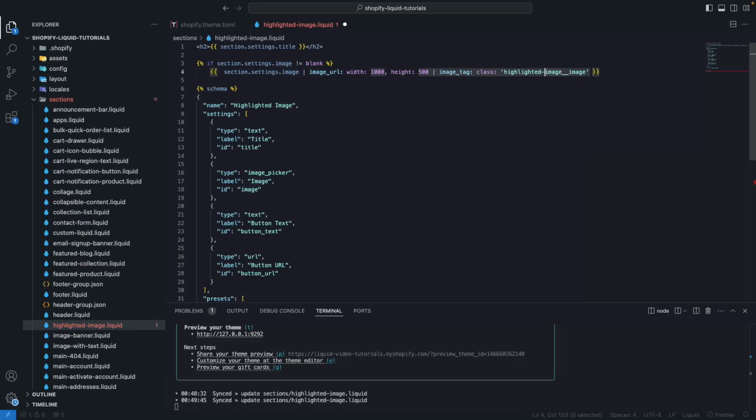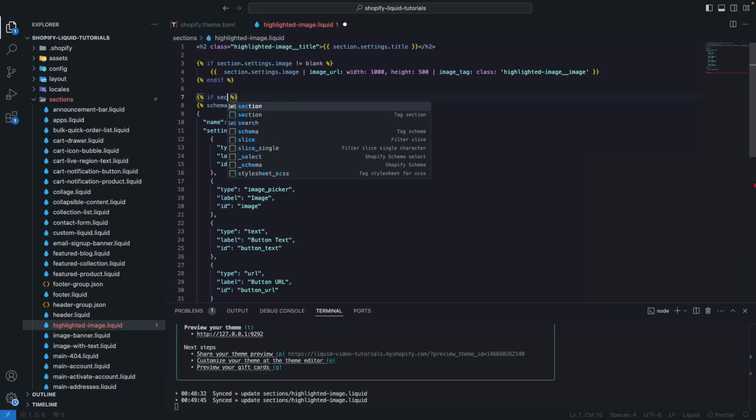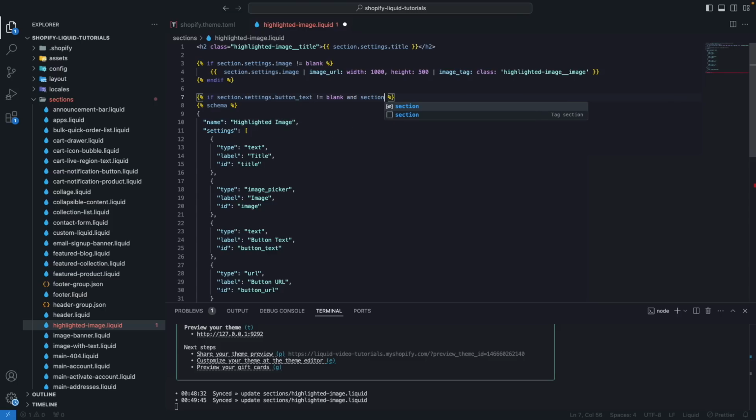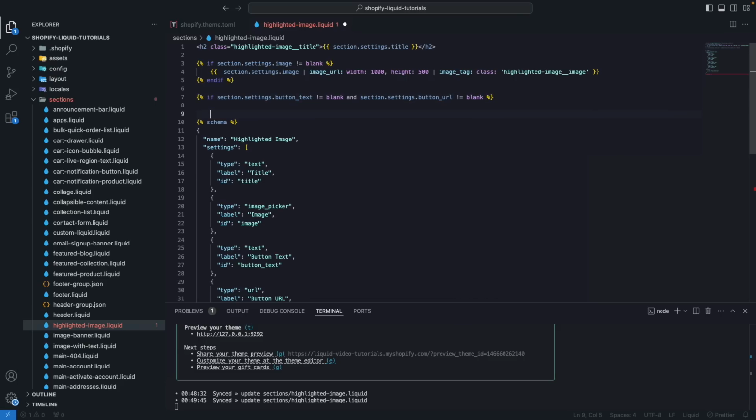And actually, let's take this and give this a class of highlighted-image-title. And let's close this if statement over here. And then if section.settings.button_text is different to blank, and section.settings.button_url is different to blank,